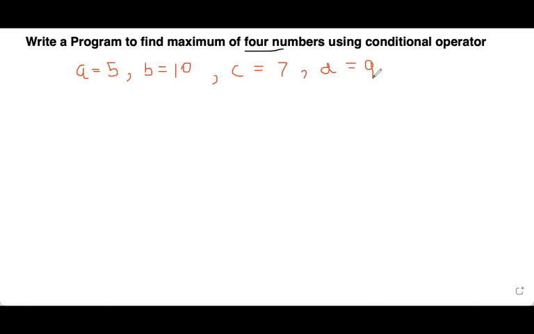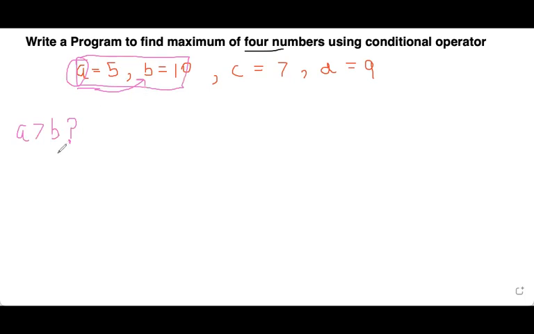But in order to tell the logic of finding the maximum of four numbers to a computer, you have to tell everything step by step, right? How you're going to explain the same program to a small kid? You're going to say that, first of all, you're going to compare the first number with the second number. You will be checking whether A is greater than B. Is it true? Right? If it is true, now from A and B, you got that A is maximum. After comparing A and B, you found out that A is maximum. Right? Now the two numbers are left.